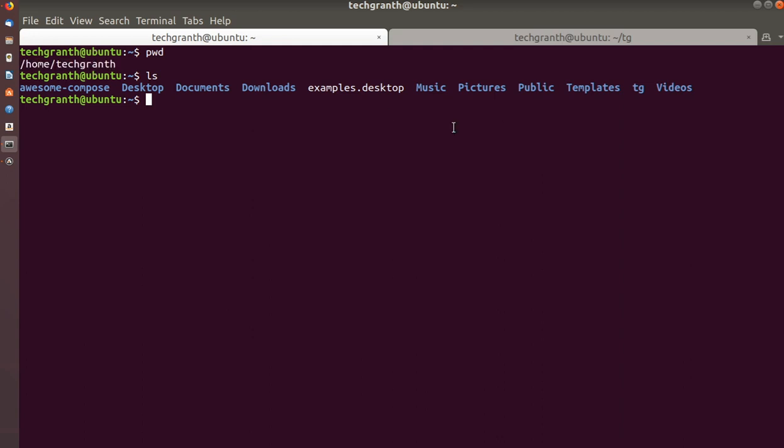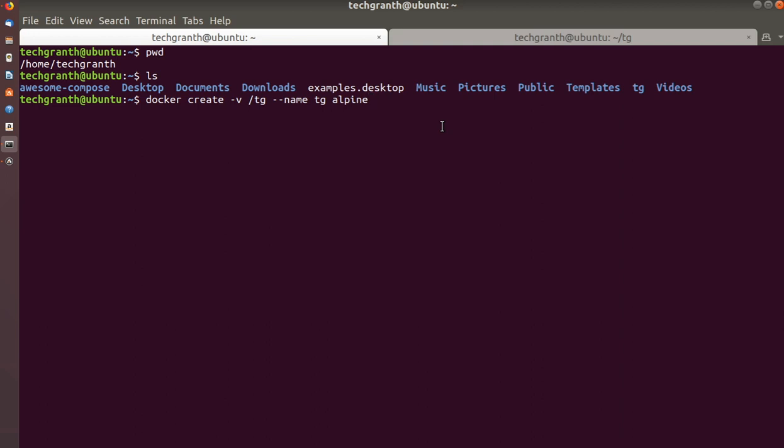So let's first create: docker create -v. The -v option is used to create a volume, and we will give that location as /tg. Then we will give --name, also as tg to easily identify, and then we'll use the image alpine, which is small and will take less time.